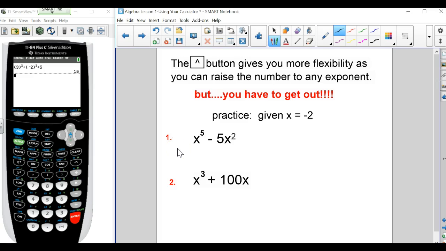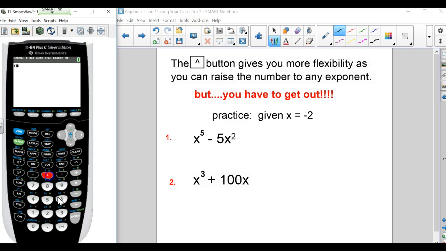All right, we're back. I'll go ahead and do number 1 for you this time. Again, x is negative 2, so we're going to put negative 2 in parentheses and raise it to the 5th, so I go up to the 5th power, and then I have to hit the right arrow to get out of it. Otherwise, it will keep putting things up here as exponents. Minus 5 times whatever x is. I'm going to put it in parentheses again because it's going to get raised to a power,